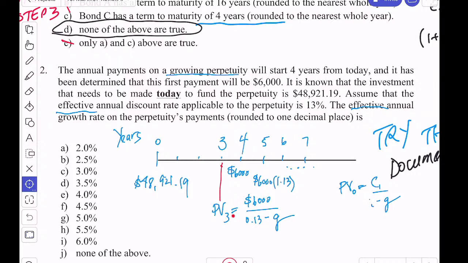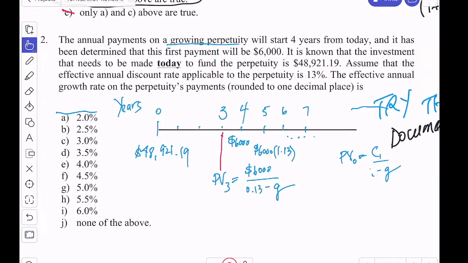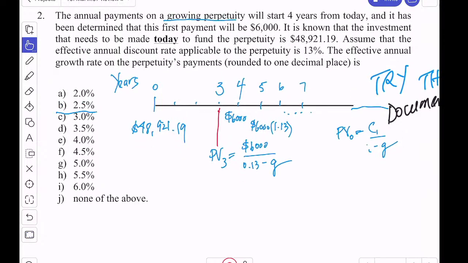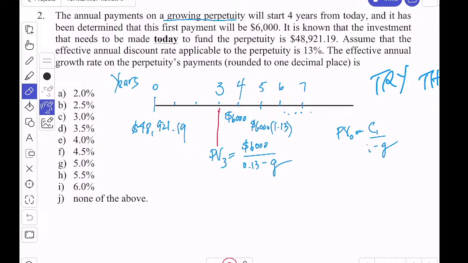So all I found out is the price here, but I'm given the price here, so I have some options. I can either adjust this price to time 3 or discount this 3 periods back. Either way, it's the same relationship. The relationship is going to be